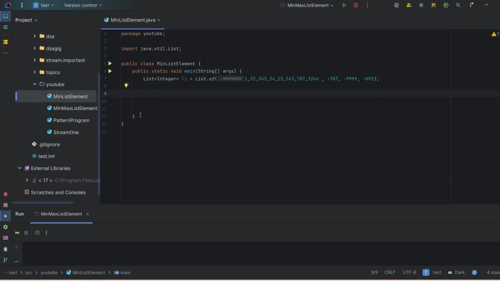Now let's create one method, public static, which will return the type integer, and then findMin. We take as argument a list of integer. Now initially I will take one local variable, minValue, of integer dot MAX_VALUE,